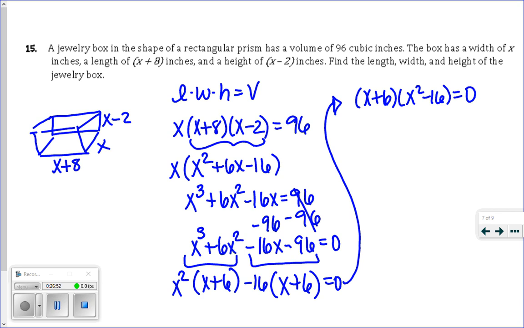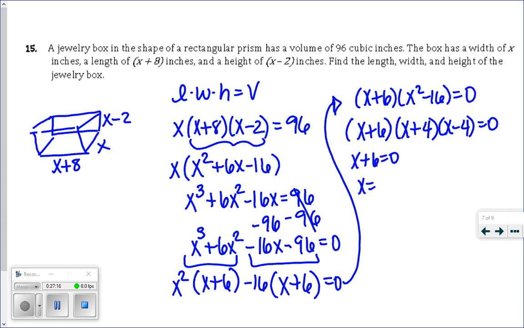But again, I want you to understand that still factors further. I want you to see that x squared minus 16, catch it, know it, recognize it, and factor it further. So that really factors to this. Then we can find our zeros to see what options we have. So we set each one of these equal to 0. One option is when x plus 6 is equal to 0, which would make x negative 6. Another option is when x plus 4 is equal to 0, which would mean x would be negative 4. And the other option is when x minus 4 is equal to 0, which would mean x would be a